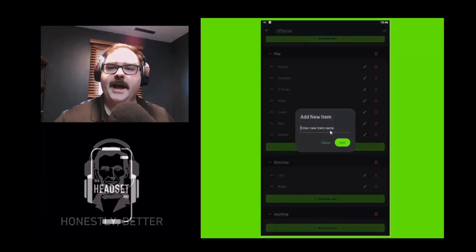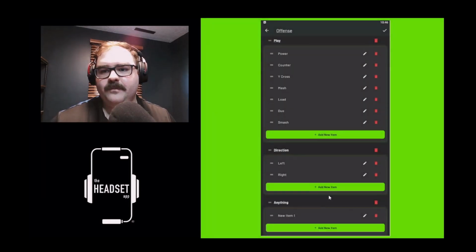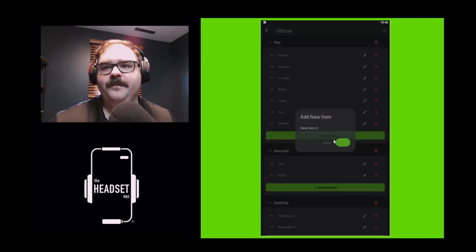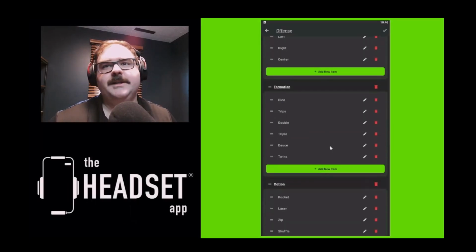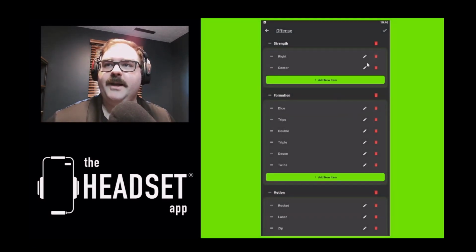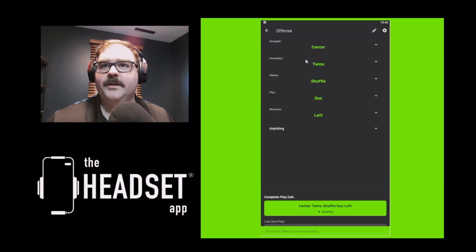And in here, I can add new items. So this will be new item 1, new item 2. As I mentioned before, we generate a default play sheet for you. You can delete anything you want. You can rename any of these. And once you hit save,